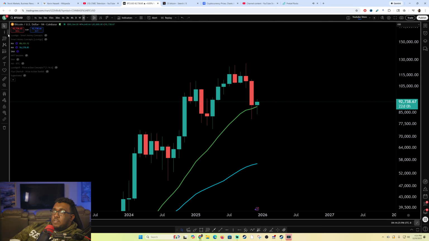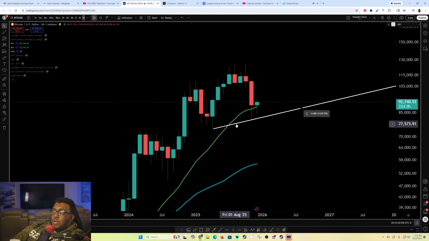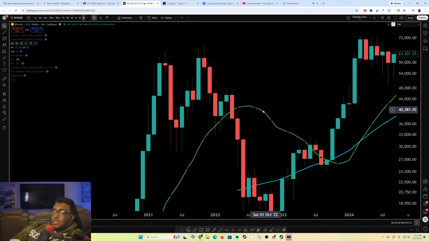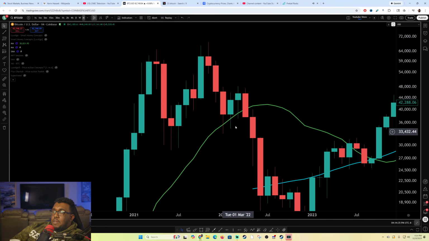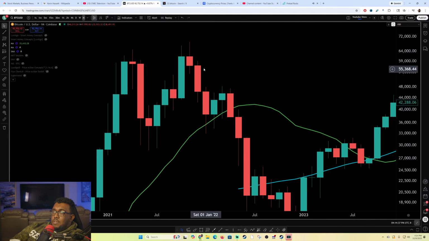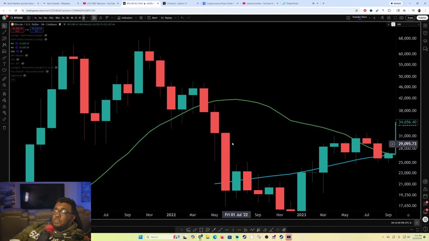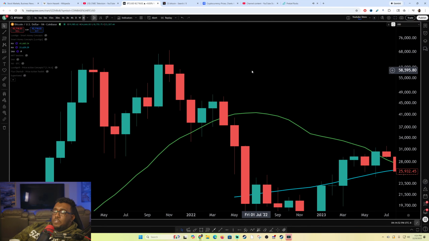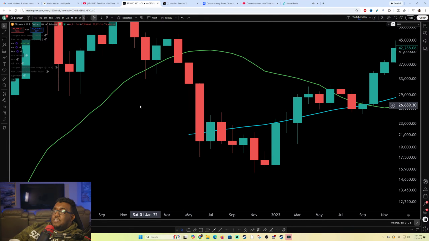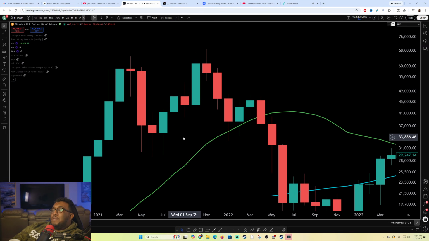What I look for in these circumstances is not so much the head and shoulders. It's, are we breaking down below this level right there? Because last time, you can see the head, the shoulder, and the shoulder. It wasn't that great. But you guys have to remember, what made this so much worse was the actual crisis of exchanges being blown apart by liquidity issues, and Celsius going down, Voyager going down, BlockFi going down, FTX going down. FTX was the last big thing to drop, but it was bad. It was really, really bad.